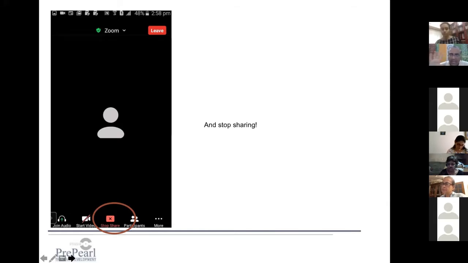I think it varies. Sometimes it shows up at the top, sometimes at the bottom. But when you're sharing a video, you will get an option saying share audio sounds, or share computer sound. You just need to check that box, and then your students will be able to hear the sound of the video as well. If you don't check that box, they will only be able to see the video, but not hear it. So next time when you're sharing a video, look out for that option. It will pop up on your screen, and you need to check that box. Okay, so you should be fine if you do that.